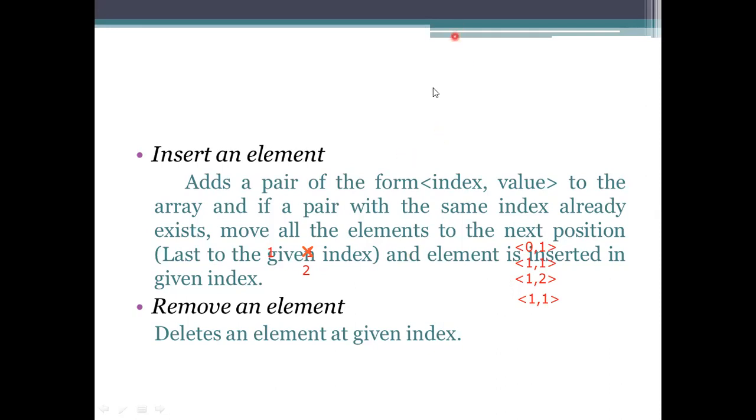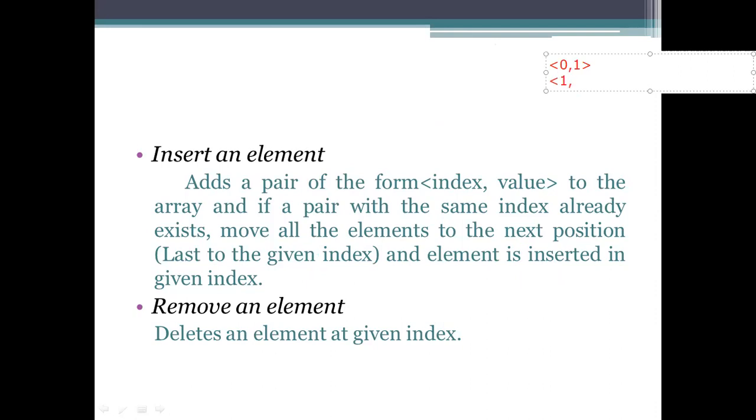Let me write this. Zero comma 1, 1 comma 5, 2 comma 8, 3 comma 9, 4 comma 6.